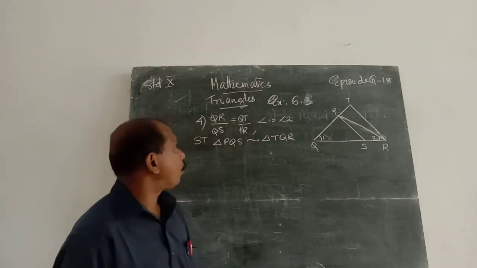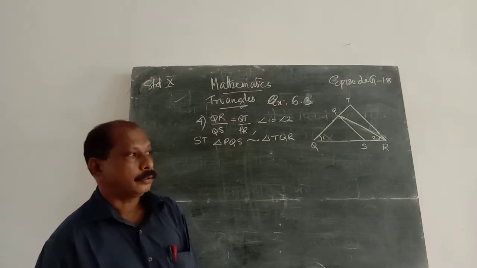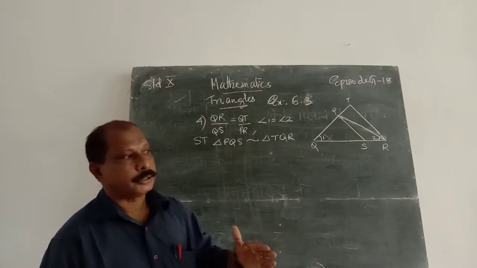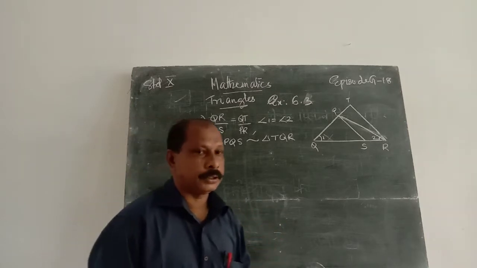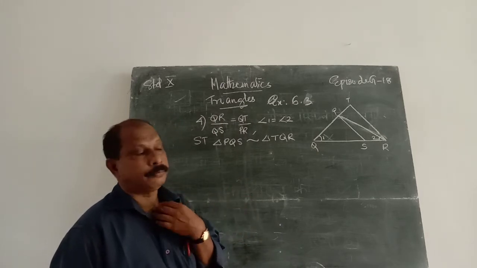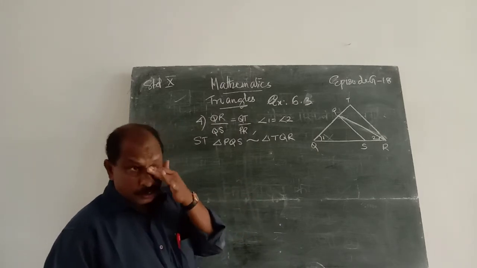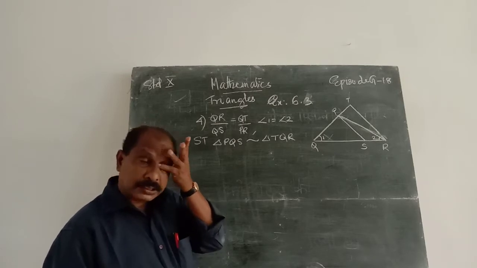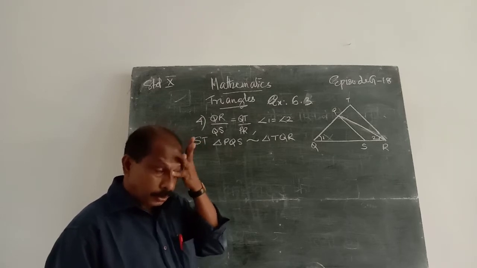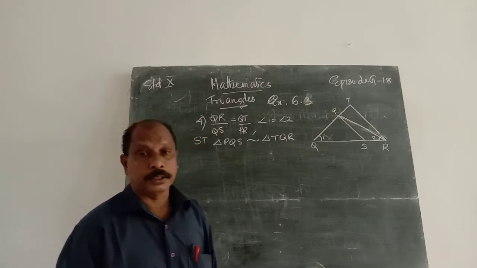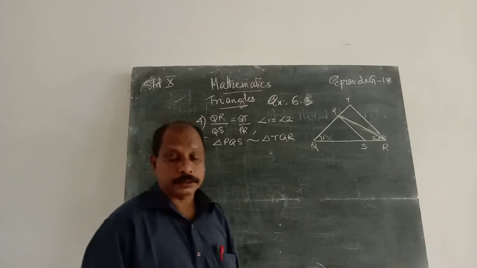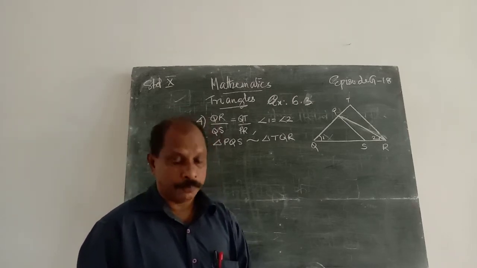That is the episode of chapter 6, triangles. Exercise 6.1 is for homework. In 6.2, there are some exercises to discuss. The remaining two questions of that exercise are for your homework. Then exercise 6.3 is next. The first three questions are simple questions that will be for homework.